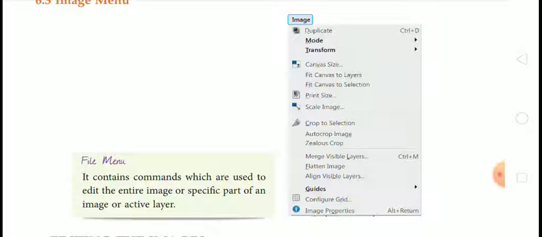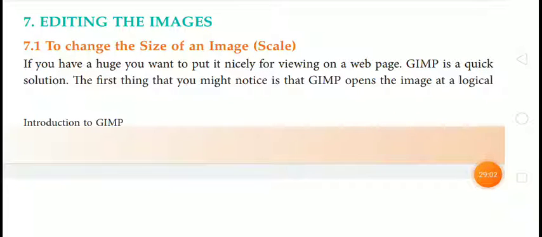When you press Alt plus Return from the keyboard, you can see the image property. The next point is editing the images. How can we edit the images? So we will see in this topic.